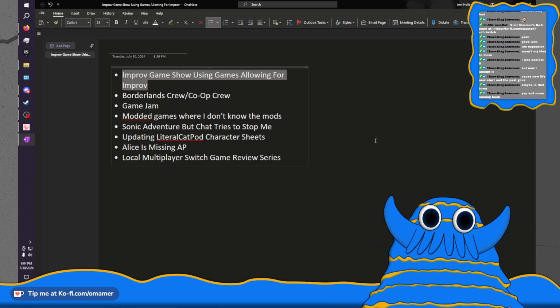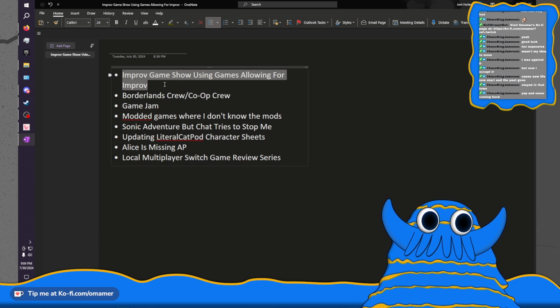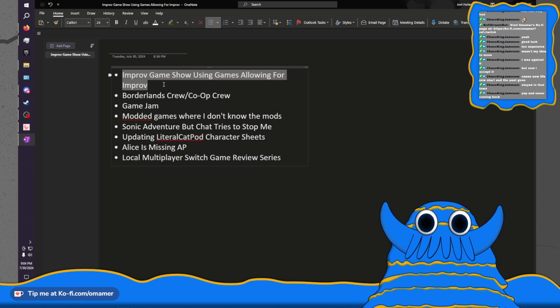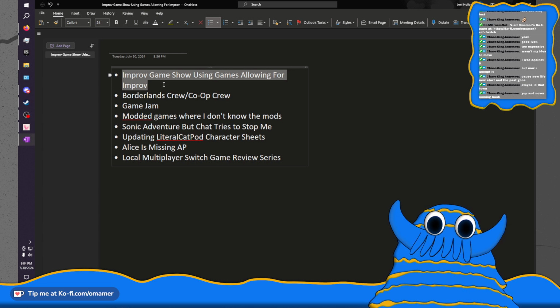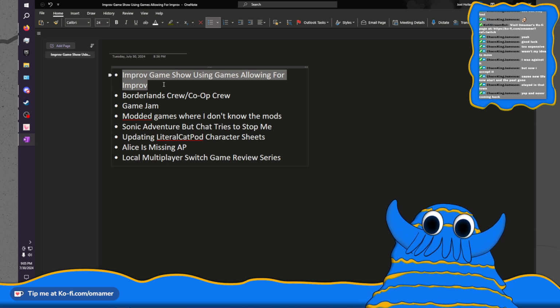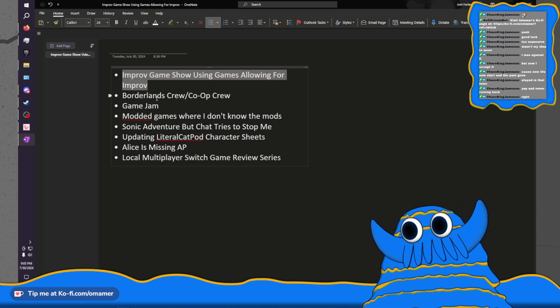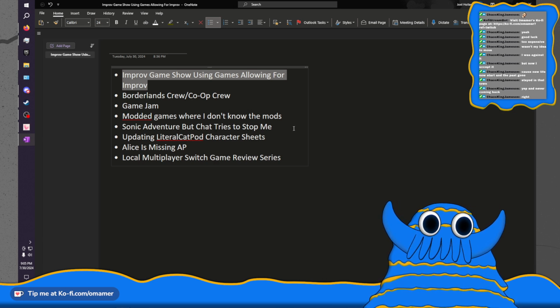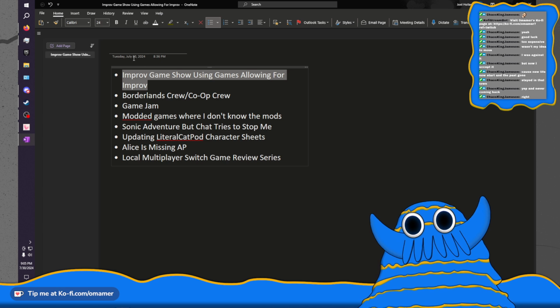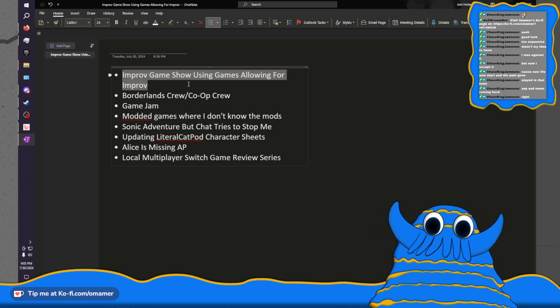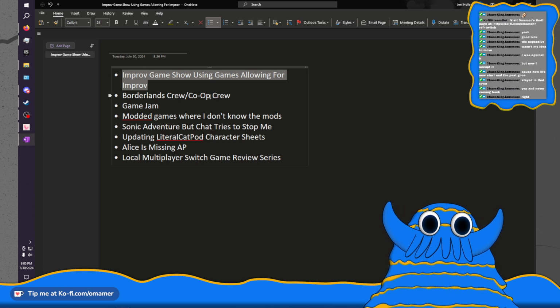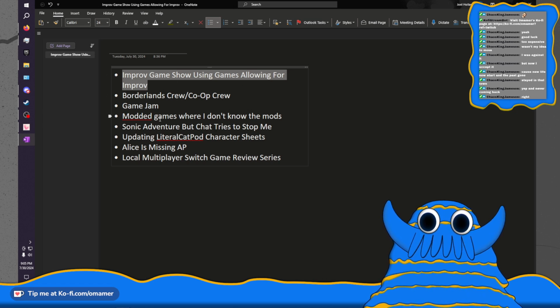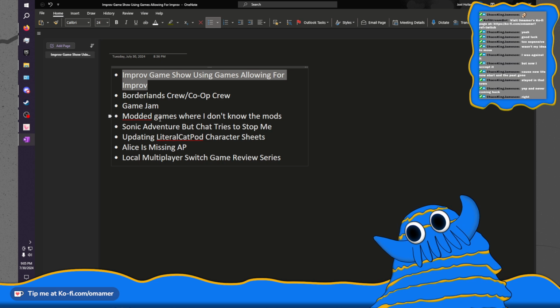But this is the thing that I really want to get going. I want to find a crew to play this. I don't know if it's going to be on Tuesdays or Saturdays or Sundays. I imagine it's going to be a once a month thing at best. But anytime I can get a crew of at least 3 other people together, I want to do this.